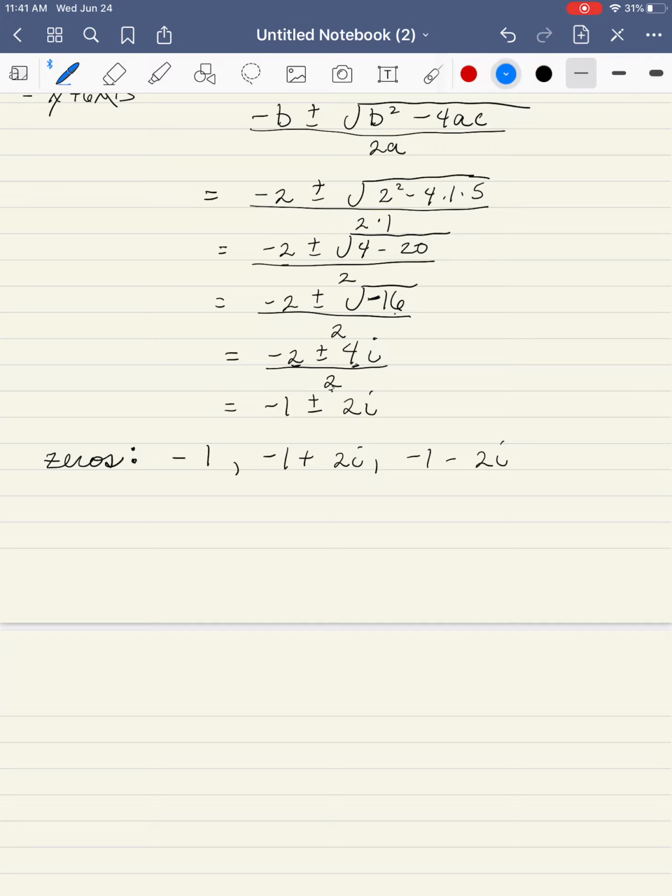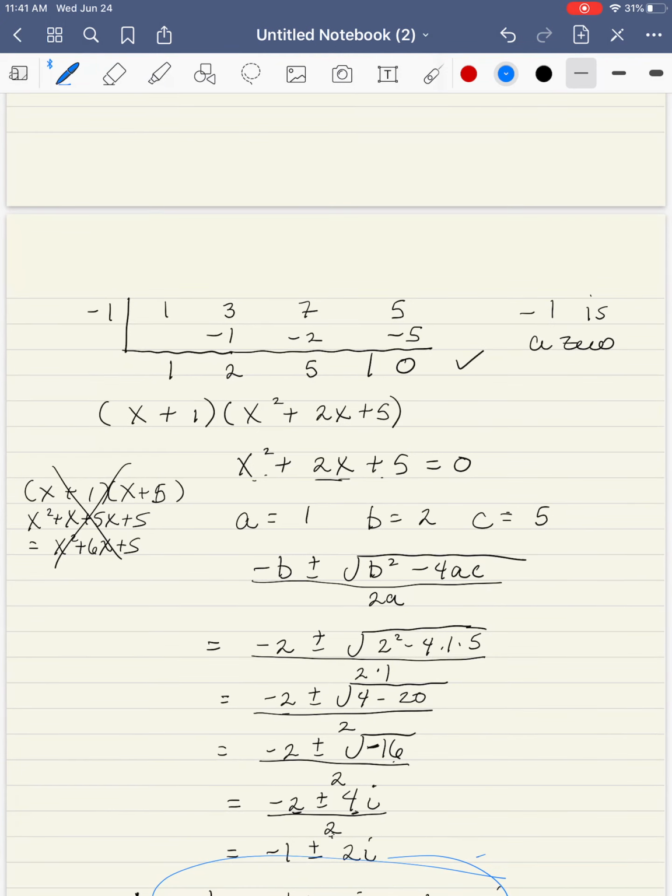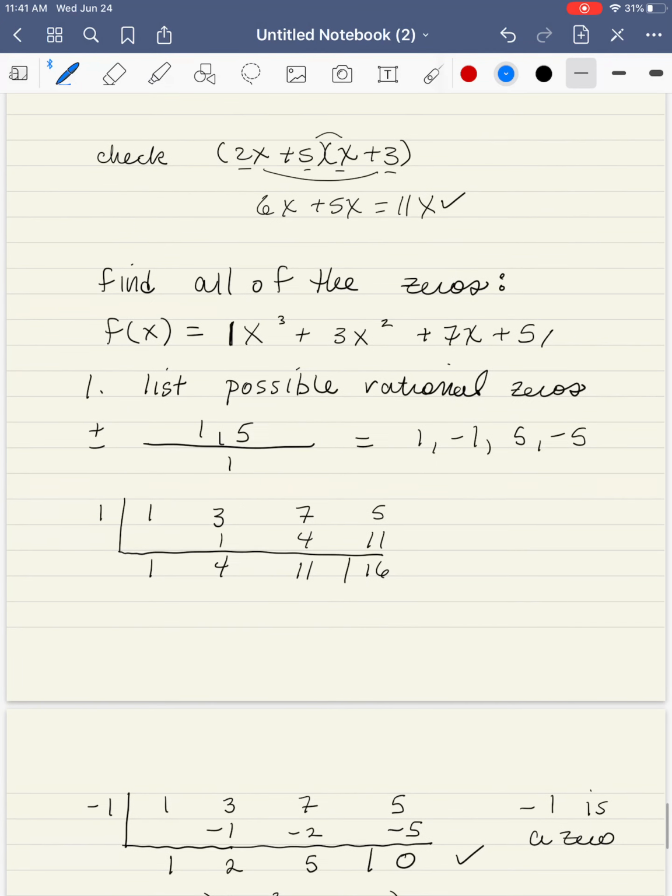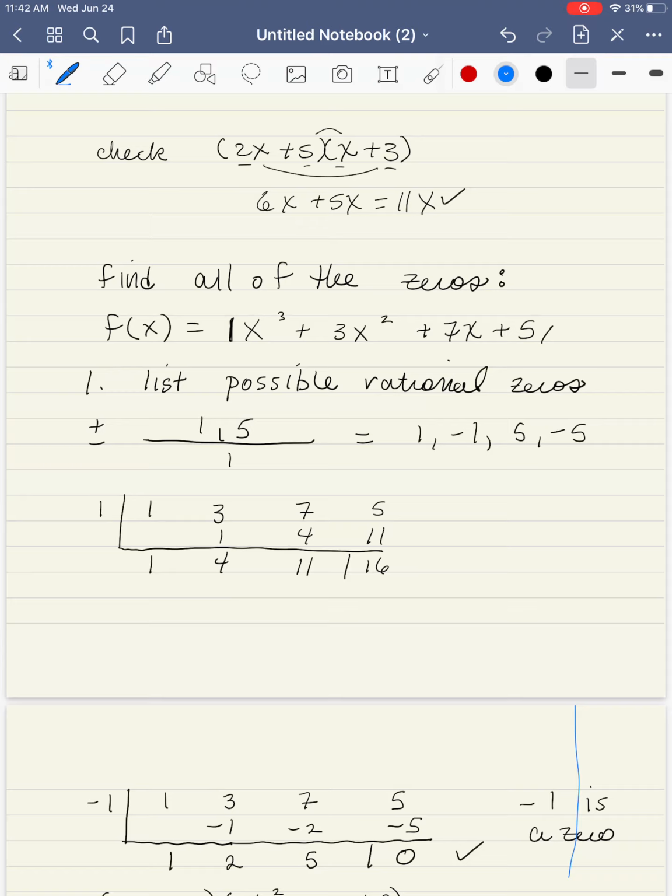And I have completely found all 3 of my zeros. In our next video, we're going to look at what if I'm given the zeros and I need to go back and figure out what was